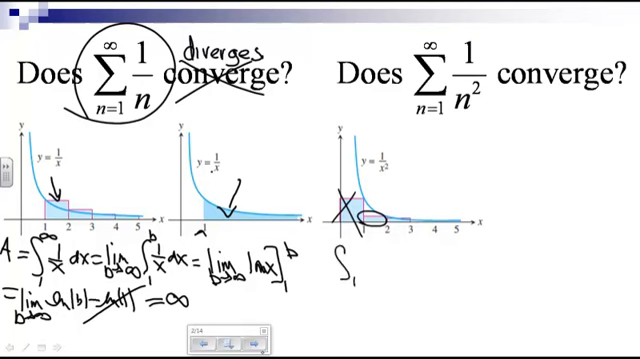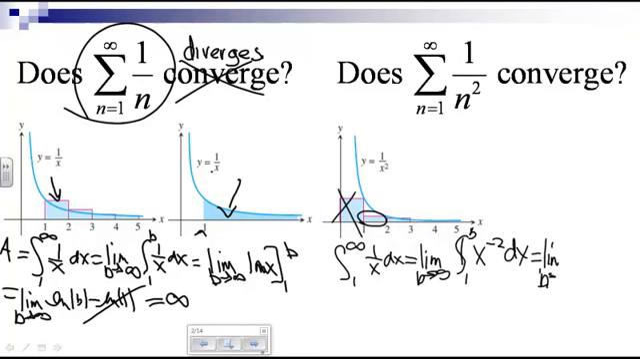All right? So the question then becomes, what happens when we integrate from 1 to infinity 1 over x squared? Does that integral exist? Does that integral converge or does it diverge? Well, if we do all the writing stuff, the limit as b approaches infinity of the integral from 1 to b, I'm going to write it as x to the negative 2. The limit as b approaches infinity of negative x to the negative 1 evaluated from 1 to